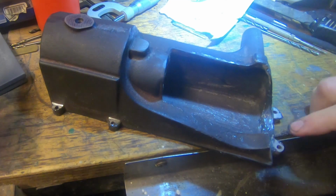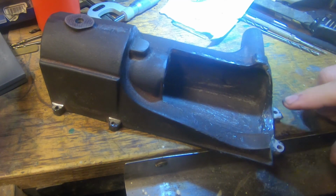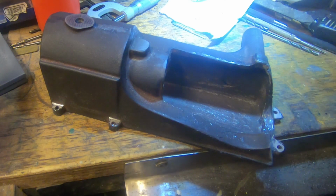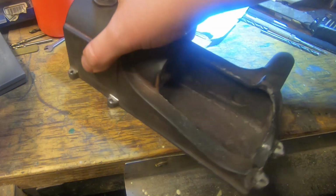So I spent a bit of time and JB welded this. I was going to use Devcon or Belzona or something, but it's a bit expensive, and this will do the job. There's no structural strength really required on any of this. It's just cosmetic, and it's all going to be painted, so I don't think there's going to be an issue. Spend a bit of time here